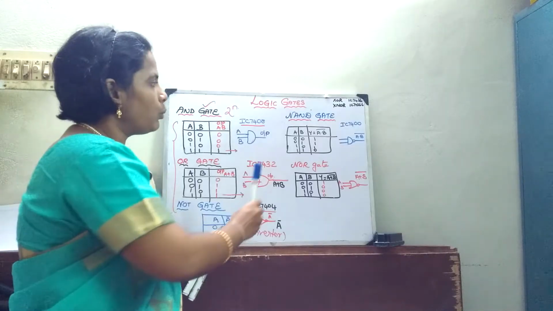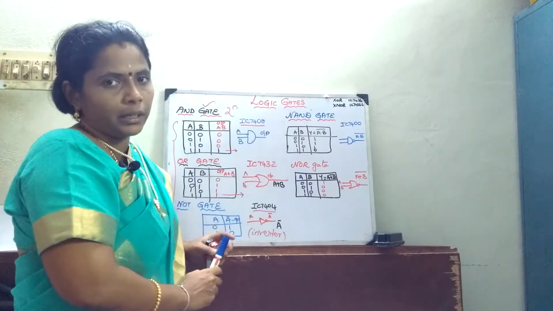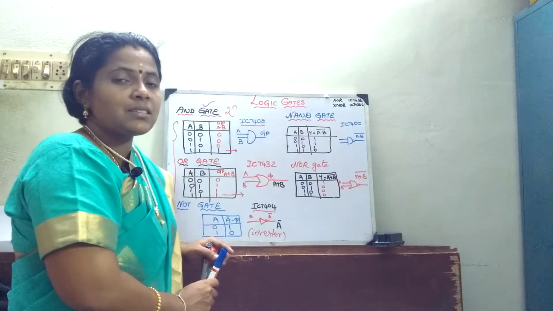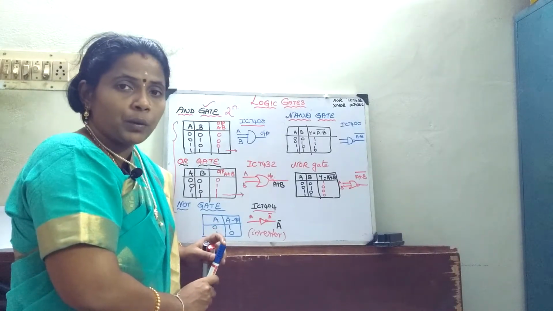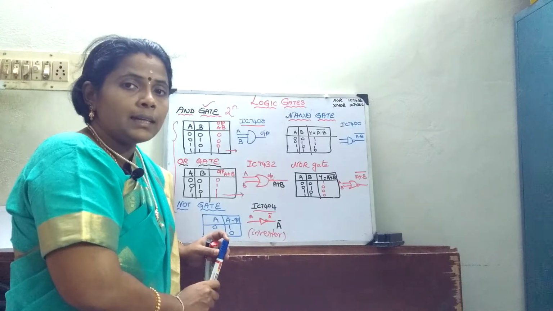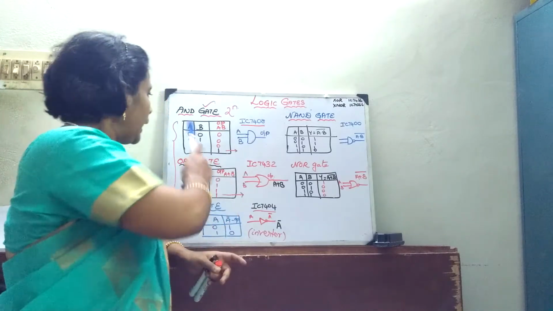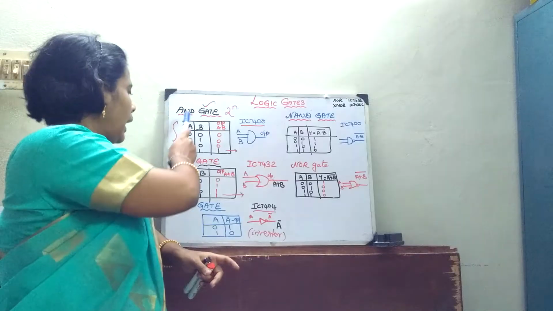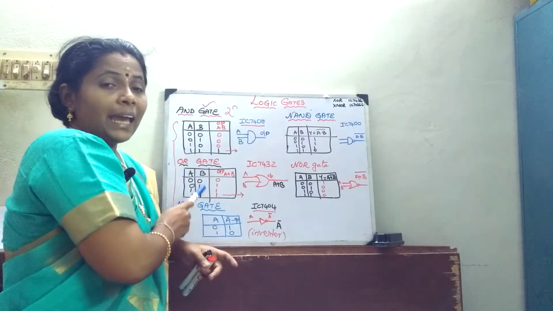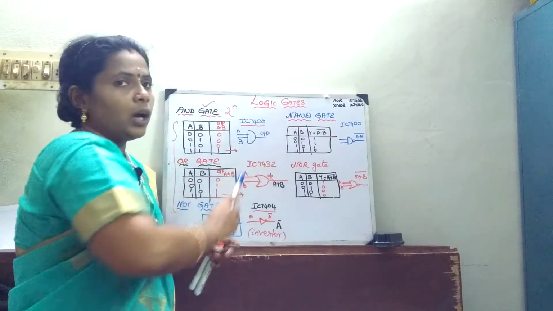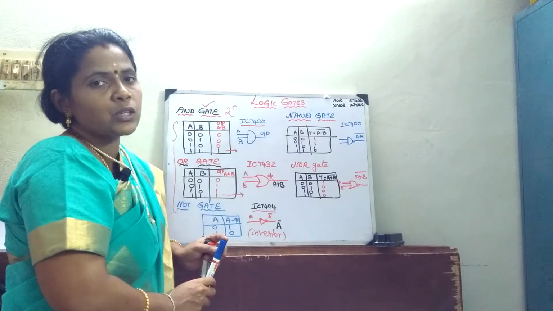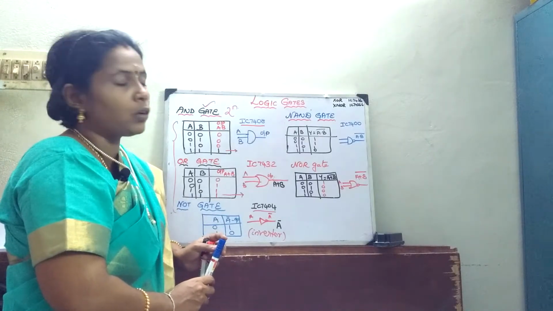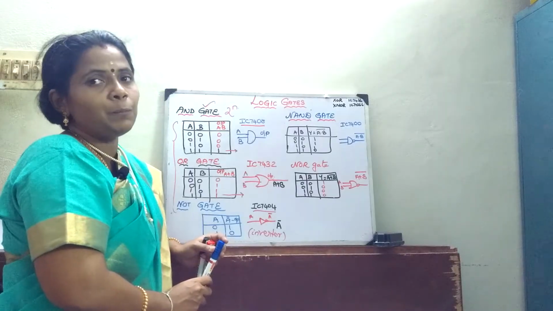Okay, now we will move on to your NAND gate and NOR gate. So these gates are usually called universal gates. Why are they called so? It is called a universal gate because any of these basic gates, either AND or NOT gate, can be formed by using your NAND gates. Any simple building blocks can be made using your NAND and NOR gates. So they are called universal gates.